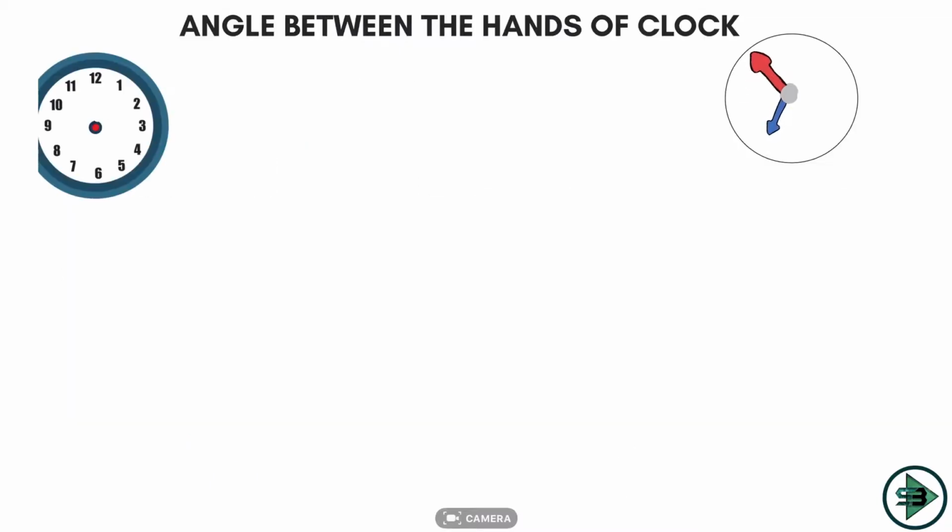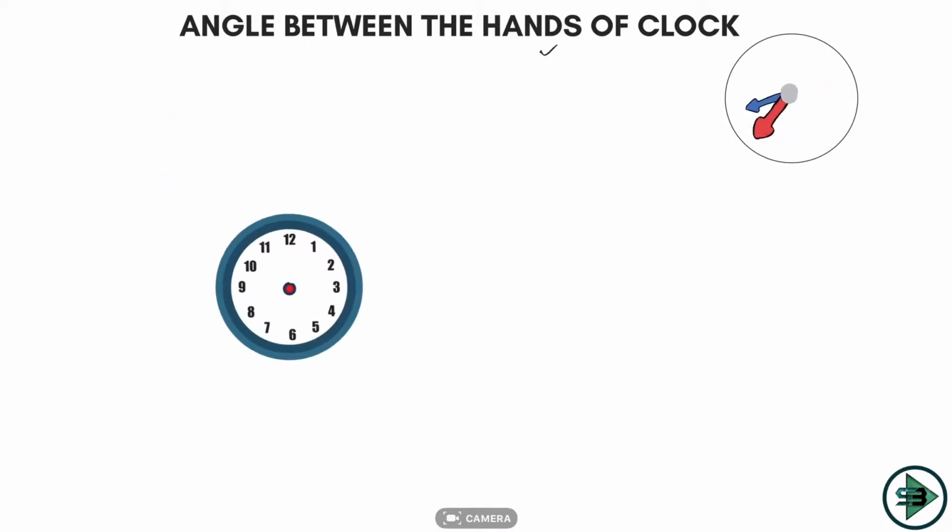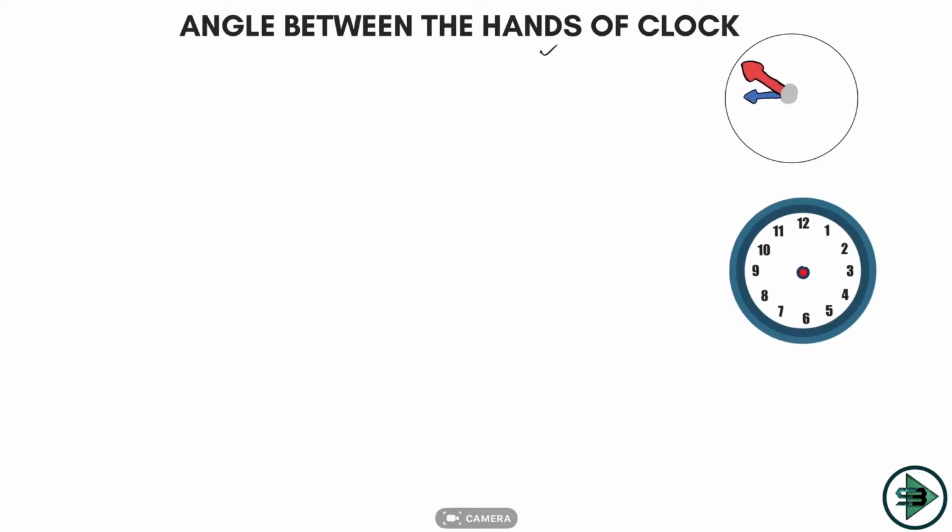So this is the next problem, where we find the angle between the hands of the clock. I'll give you any time and I'll ask you what is the angle between the two hands of the clock at this time. So now the time that I give you is 3:15. Let's start with 3 first. At 3 the hour hand will be here at 3 and the minute hand will be here at 12. Angle between the two hands of the clock is 90 degrees. We know that. But it is not 3, I'm telling you it is 3:15 in the clock.